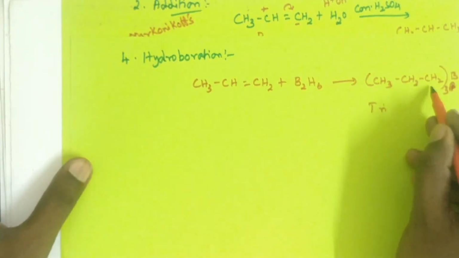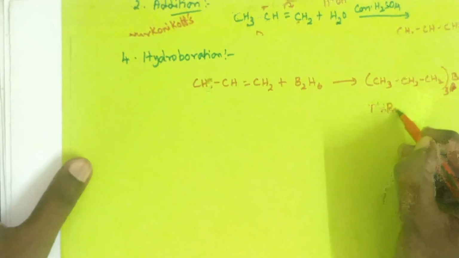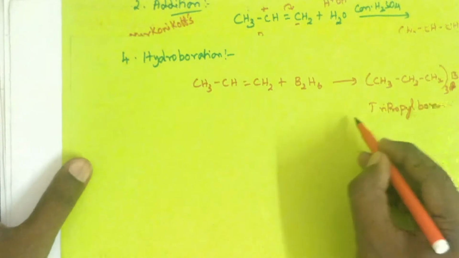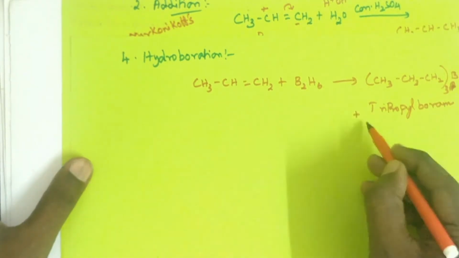In this case the alkyl group is the propyl group, so it is tripropyl borane. This, on reaction with peroxide,